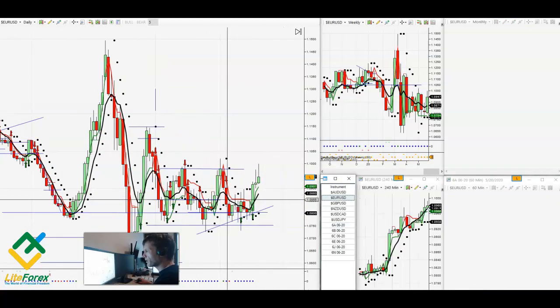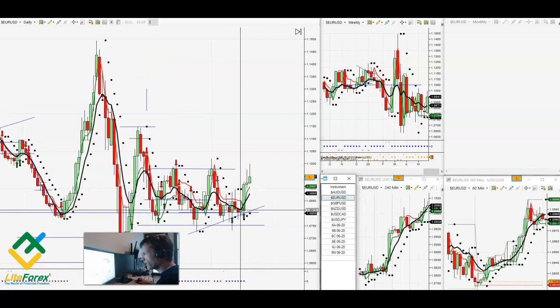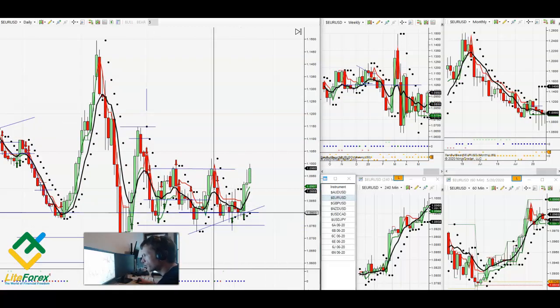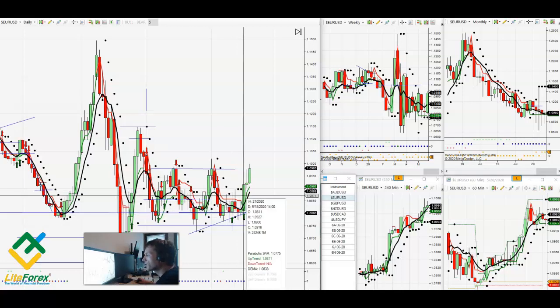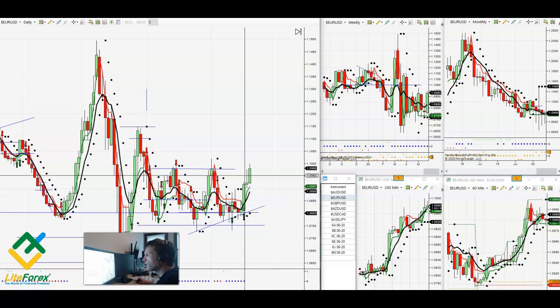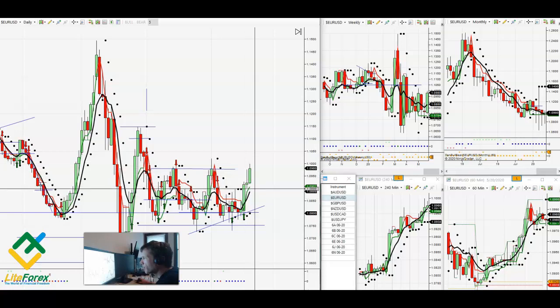Euro USD. So when we made a video on the weekend, we were just in this choppy range. Then we had the big breakout, like a lot of the Forex pairs had this big move on the 18th. So that made me want to be bullish on the Euro USD. But like the Australian USD, we came up, we pulled back again. But the most important thing was that we held